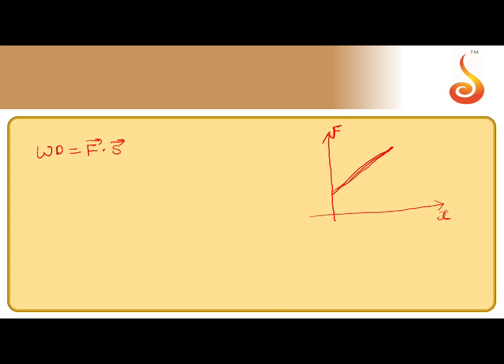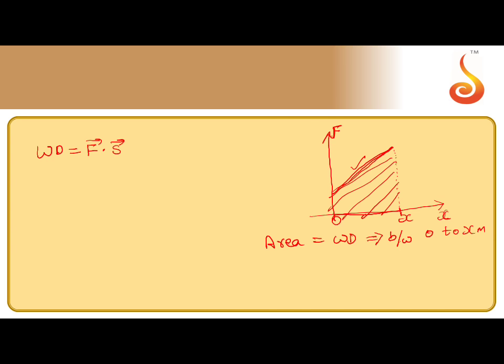In this case, by the graphical method, find the area enclosed by the graph, which is a straight line, and the x-axis. This area will give me the work done. The area below the graph will give you the work done, from the position 0 to x. Here it may be a trapezium, a triangle, or a square. The area will give you the work done between 0 to x meters.